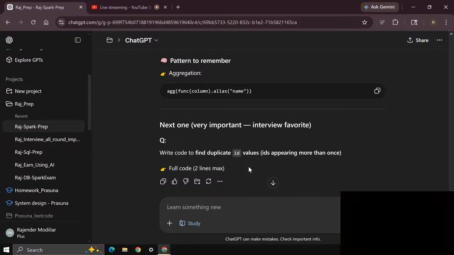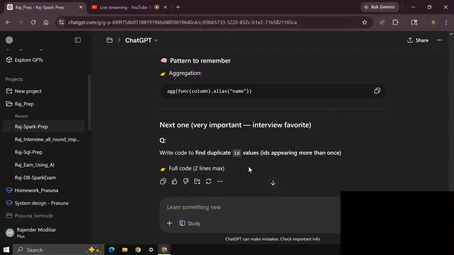It should be something like grouping. It's just group by. No, I need to have... I'm not actually getting how to write this.